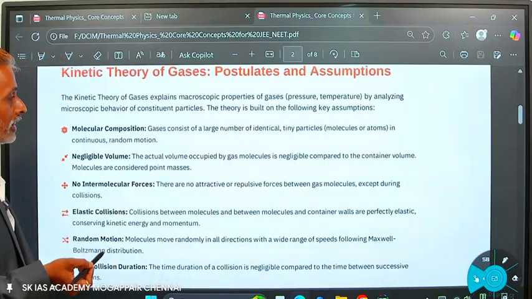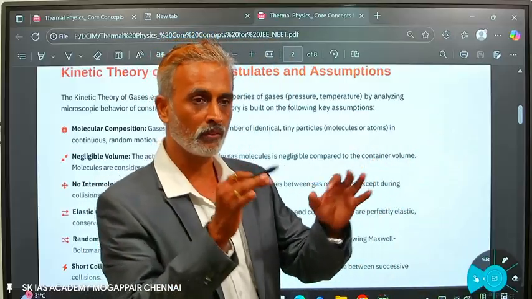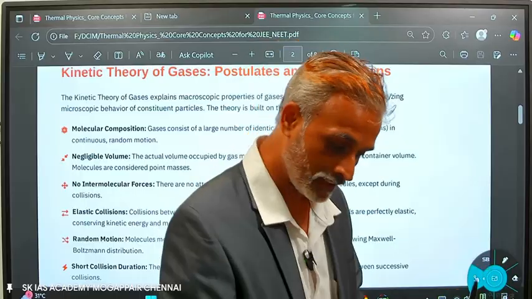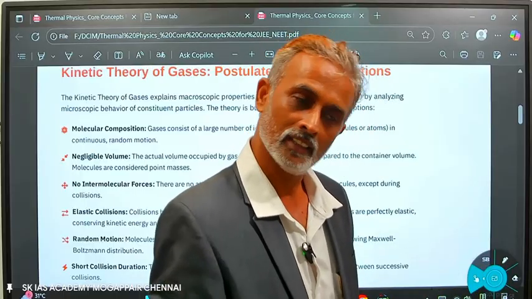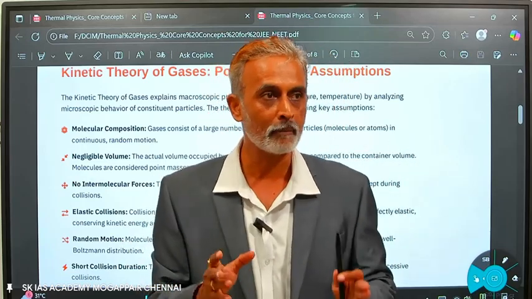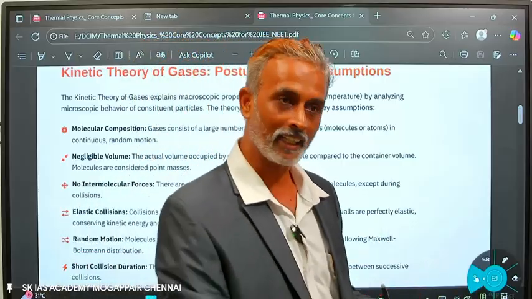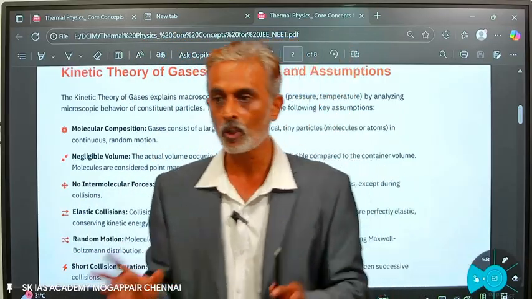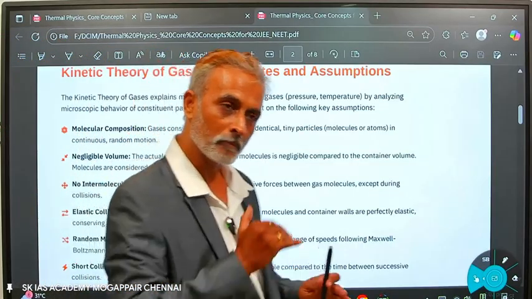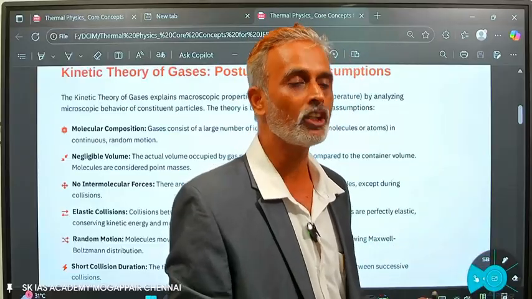You know what the kinetic theory of the gas is? Gas particles move. Suppose any system is there, and gas particles move from one position to another position. Then you have to apply the kinetic theory of the gas. Already you have studied in mechanics: what is kinetic energy? Half mv square. Same in physics everywhere, there is no difference. Everywhere the same concept applies, but structures change. The concept remains the same in every area of physics.